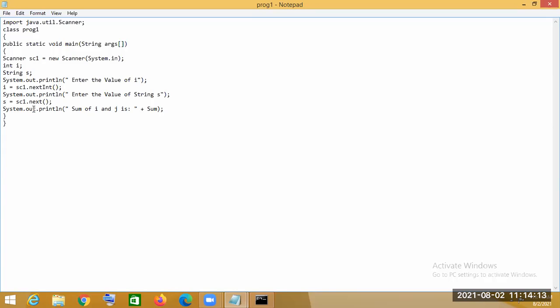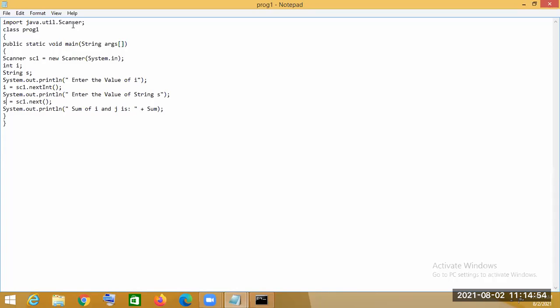For integer, the method present in the Scanner class is nextInt, and for string, the method present is next. This is called using the Scanner class object which we have created in our program. So through that object we can call the method, that's why we use sc1.nextInt.